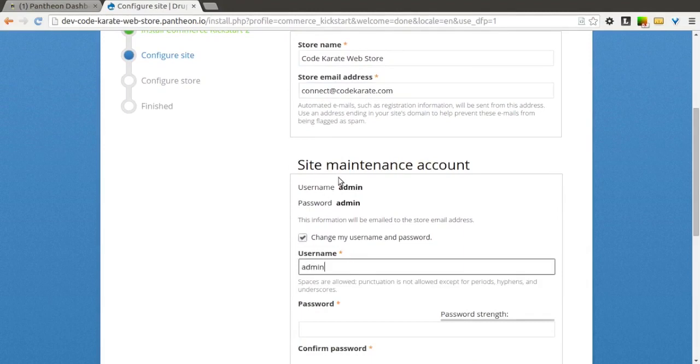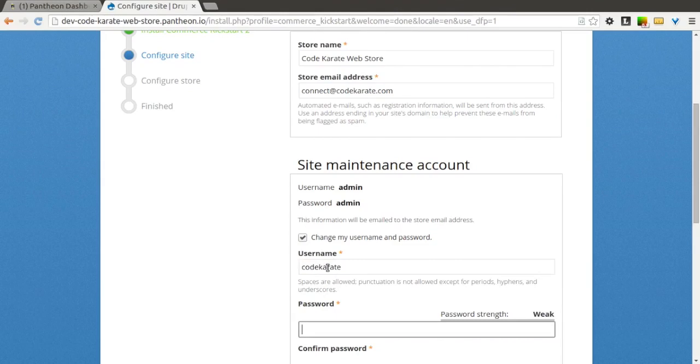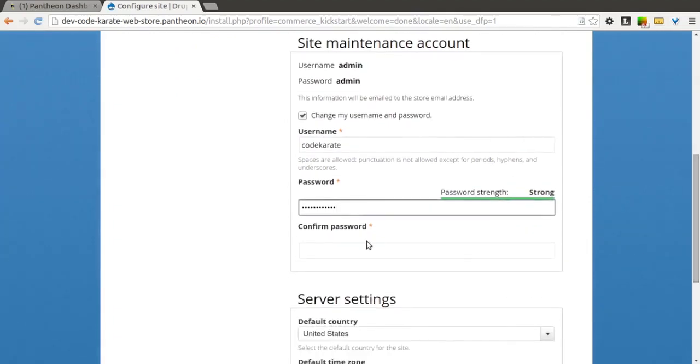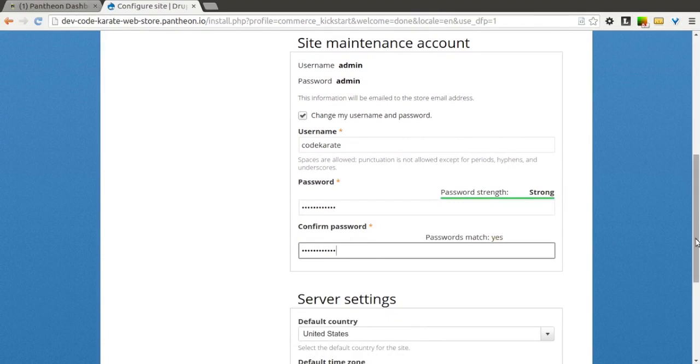You can either use the username admin, and it will say the information will be emailed to the store email address, or you can set it right here. Yeah, let's be honest, you probably should set more of a secure password than admin, just because this would obviously be able to control your entire site. So set a relatively strong password here, write it down, and put it into a place you can find it